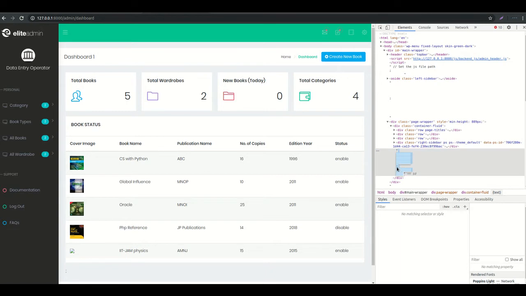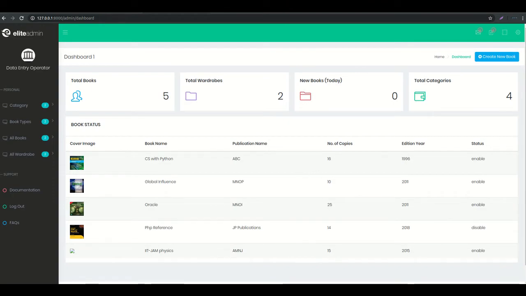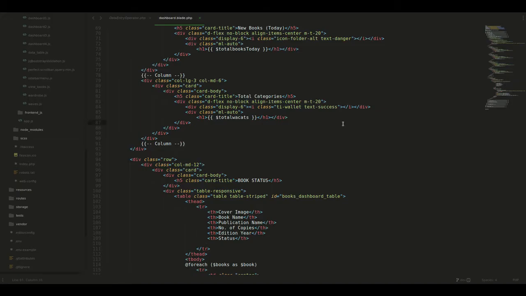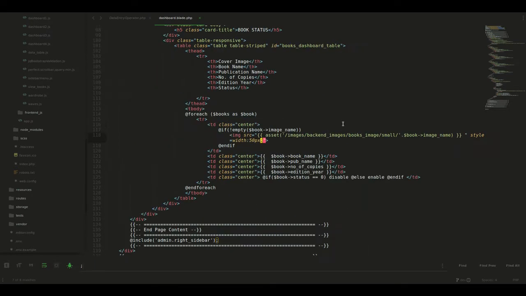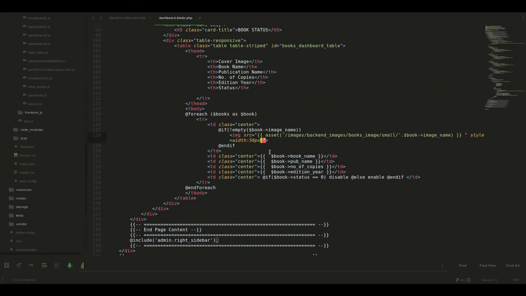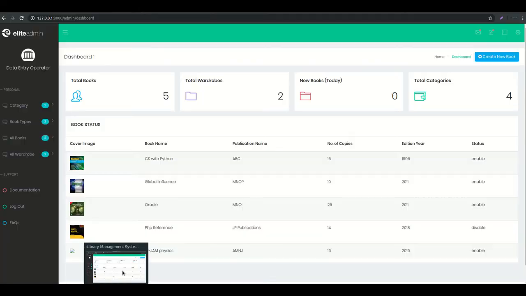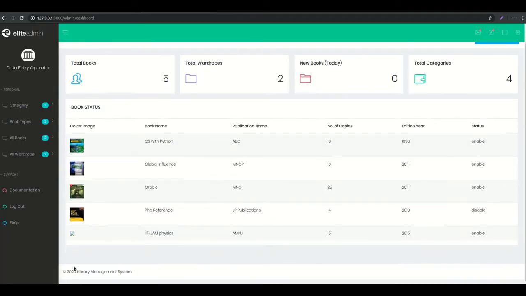One semicolon is there. This one. Now, yeah.